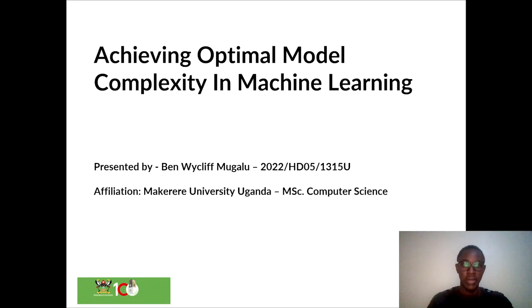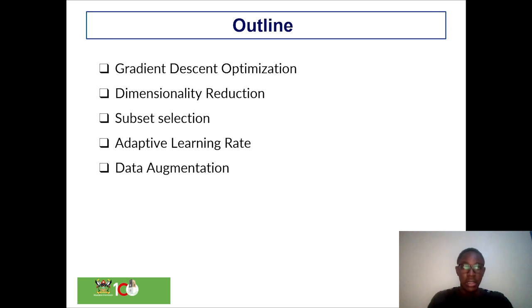Hi, I'm Ben. I'm going to be talking about methods of achieving optimal model complexity in machine learning. As part of this presentation, we'll briefly go through gradient descent optimization, dimensionality reduction, subset selection, adaptive learning rate, and